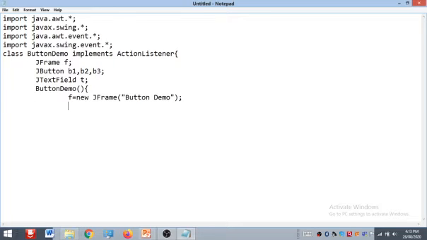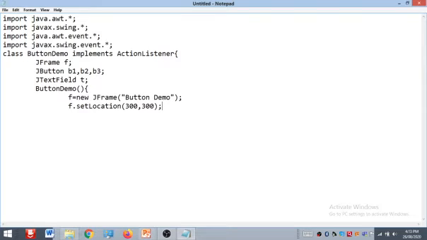We set the title by providing the parameterized constructor to the JFrame, where we provide the text. After here, the things that we perform with a frame: set location. We have to set the location where we want to display. Here I want this to be displayed at 300 by 300. We provide the top most left corner of our frame. It will start at 300 by 300, from the left 300 and from the top 300.